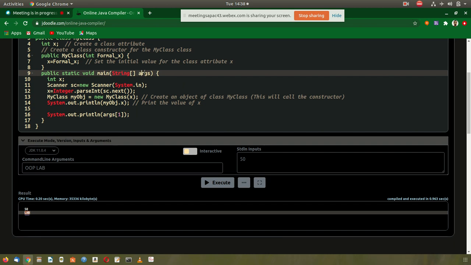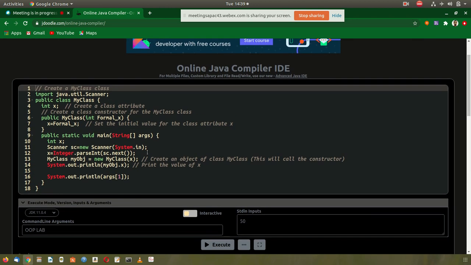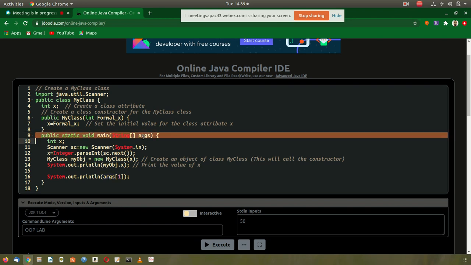These command line argument values are given to the main function. The main function is doing the same thing as a constructor, but it is not exactly a constructor, though you can initialize values from this args argument. But there is one difference.